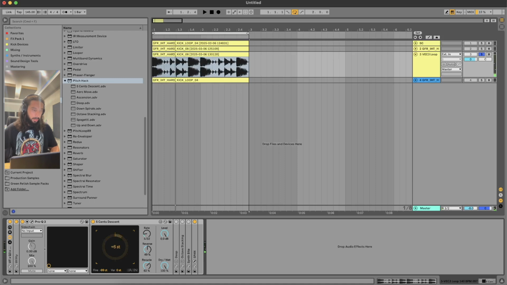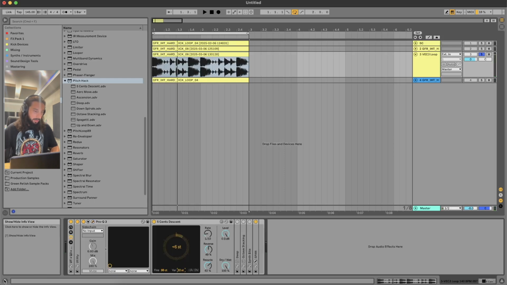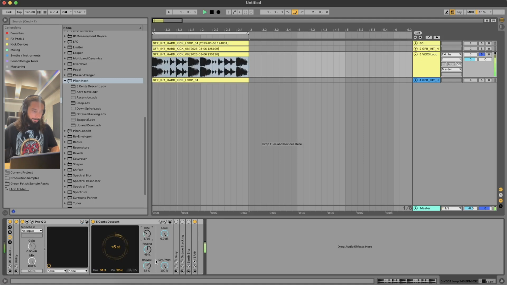Now, I'm not getting too deep into all these little fine-tuning semitones and all that. They do control various other things. If you click on your info bar, it'll tell you exactly. But the rate, reverse, and the dry/wet, basically. It is very glitchy. So who's using it and why you're using it is going to vary on your genre and your own taste. I like it pitching down to maybe try and find something I'd use as a